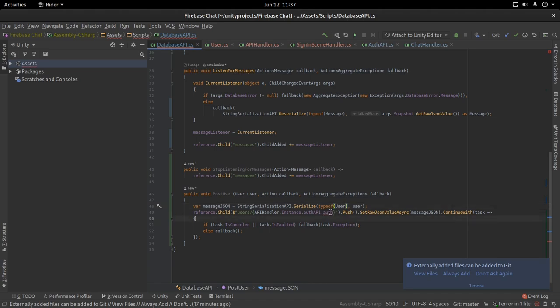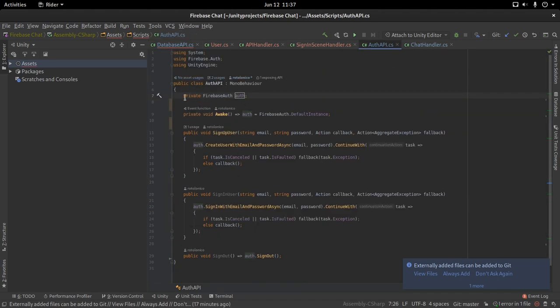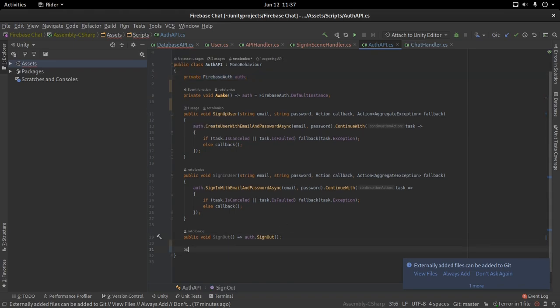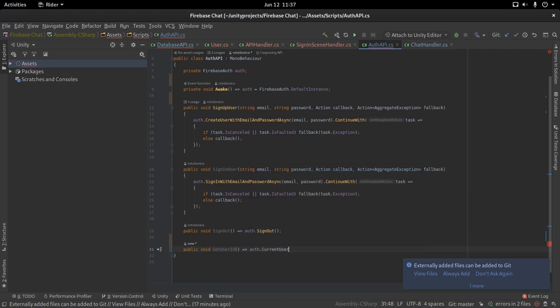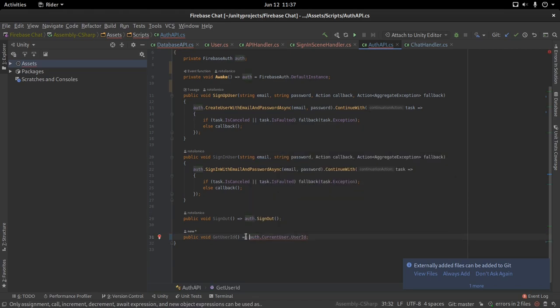It's actually private, okay. Now, to keep our code coherent, we keep this variable private, but we create a new method, which is public, which is going to be getUserID. And all it's going to do is return us the auth.current_user.userid. Now, this function is going to fail miserably if we didn't sign in correctly, because then the current user will be null, so it will return us an object not set to an instance of an object